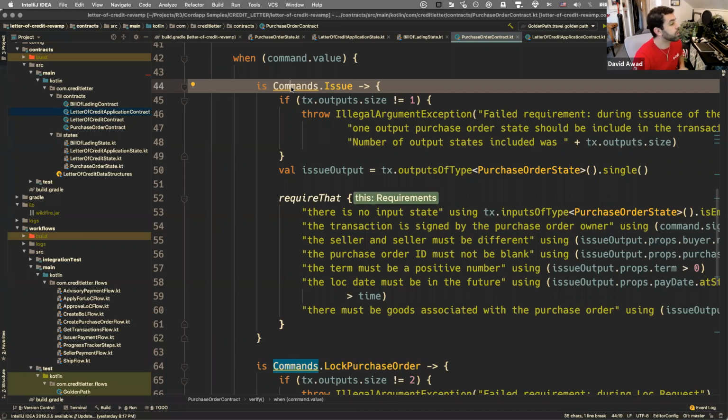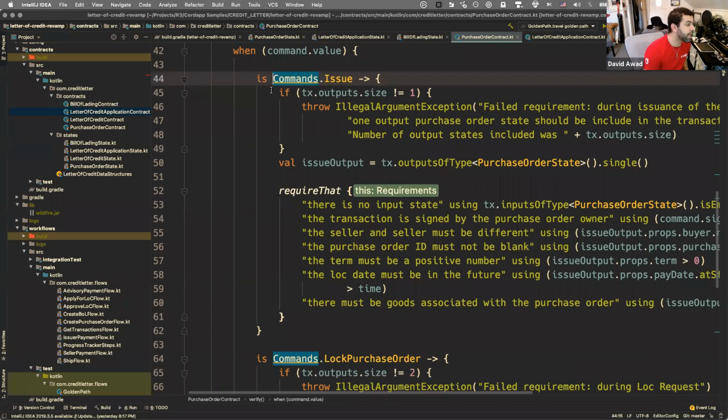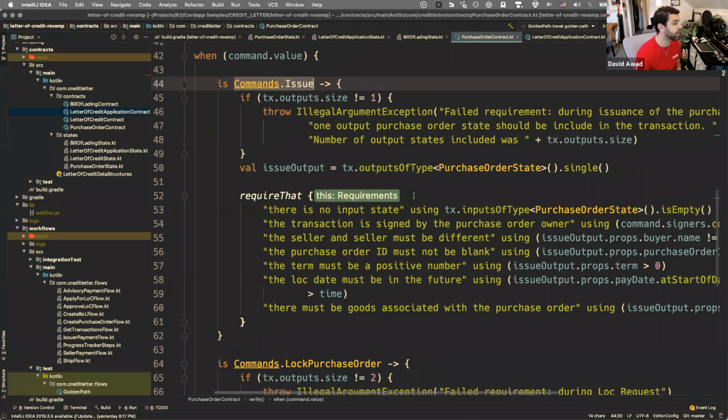So here we have a when statement on command.value, and we essentially say for commands.issue, if we are issuing a purchase order contract, this is the code that's going to define what the verification will be when we issue a purchase order contract. And so here is where the real power of this framework will come into play,